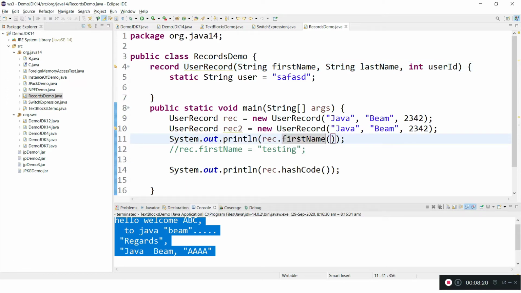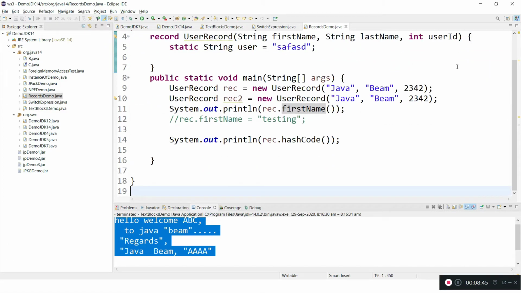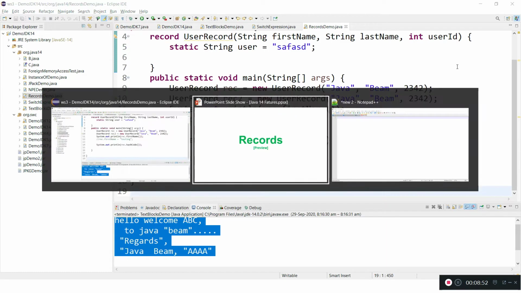Internally the Java compiler creates these methods for us to read the data, and there won't be any setter methods because these are treated as immutable objects. And these fields, whatever you are giving inside a record, are by default final. This will be useful to carry the immutable object instead of writing a normal class, which is tedious work.